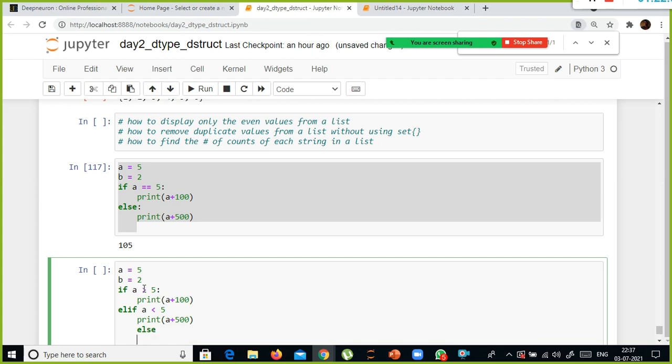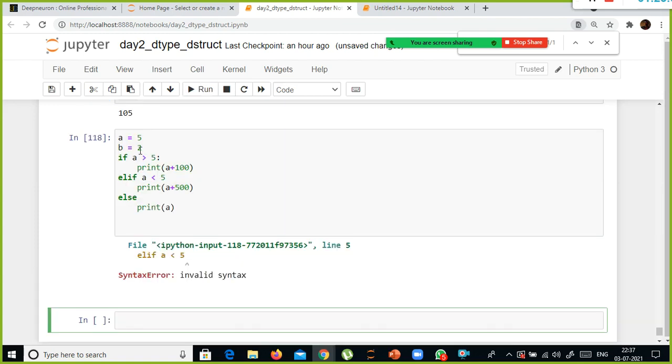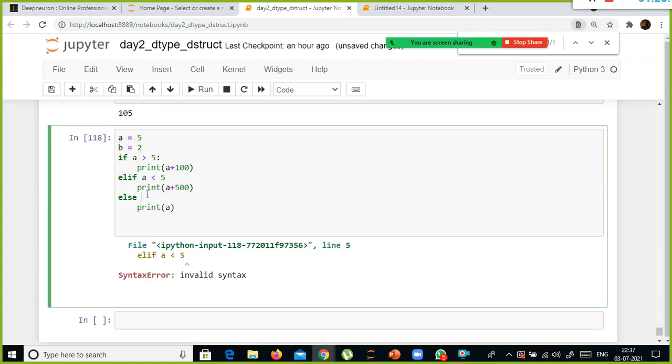And the else print value of e. Sorry, I should have specified the colon here, right? I did not specify the colon here. And elif also.